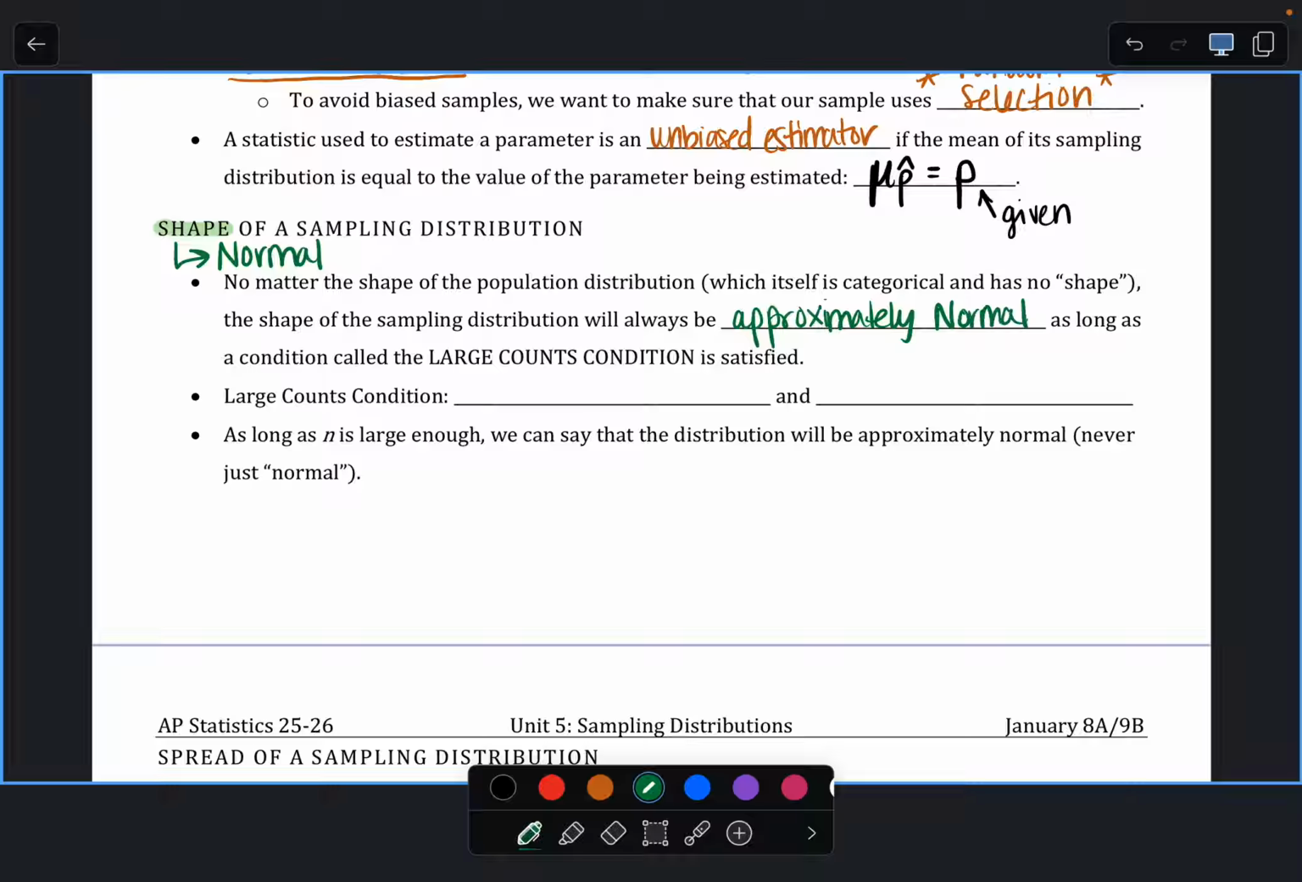as long as a condition called the large counts condition is satisfied. Now, if you get a question and they tell you originally that the population distribution is normal, then yes, the sampling distribution naturally should be normal. But they sometimes give you a question and they'll say, the population is skewed. Can you assume that they have a normal distribution? And if it's skewed originally, as long as this condition is met, you can assume that the sampling distribution